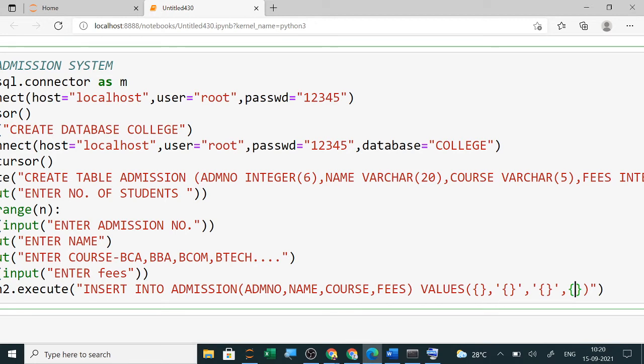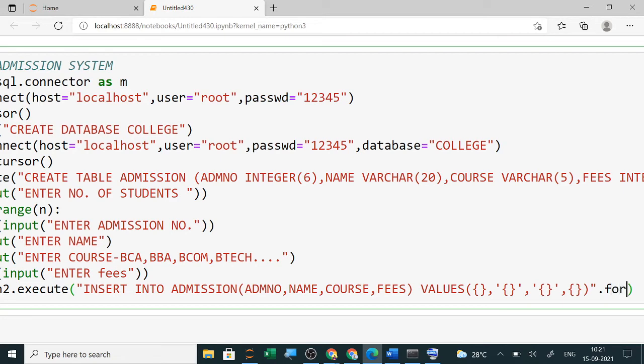Then after coming out of this values bracket, you will put dot format, and close the curly brace and the quotes also. In format, you give the variable names you want to enter. So this is the syntax.